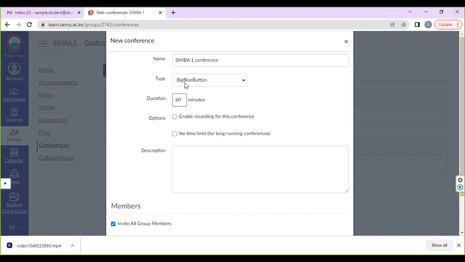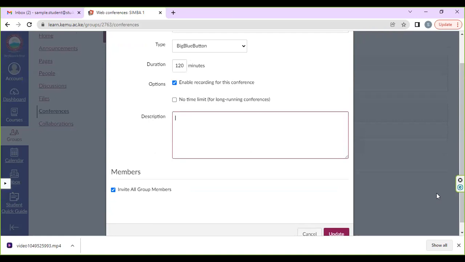Two hours, let's say, as our group, we had said the discussion of 2 hours, that is 120 minutes. Options: enable recording for this conference. It's also important because you can always go back and refer to what you discussed. No time limits, long running conferences, that thing applies. So description, any description that you want to put there,